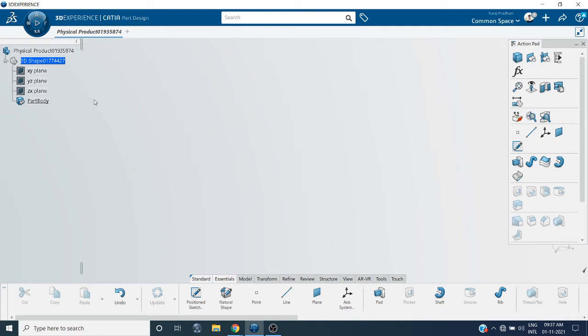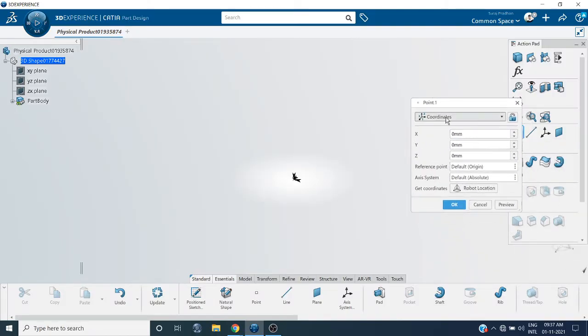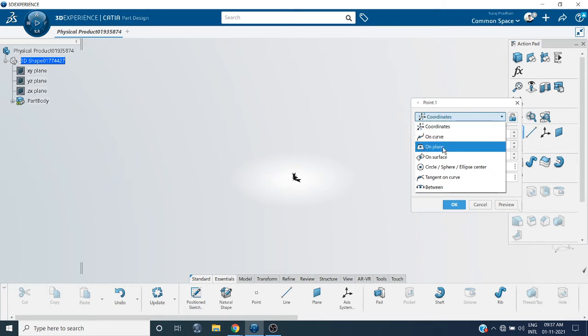For creating an axis system, we need an origin point. So create a point. The origin coordinate is x equal to 0, y equal to 0, z equal to 0. You can see the point types: on curve, on plane, on surface, circle, sphere, ellipse, center, tangent to curve, between.